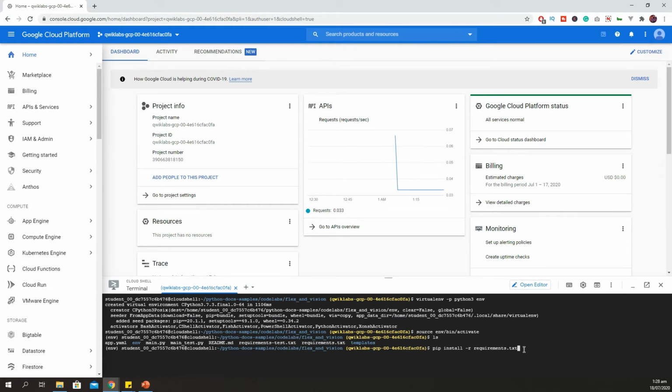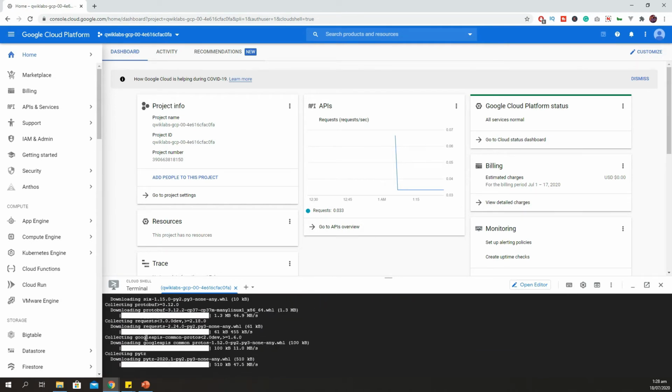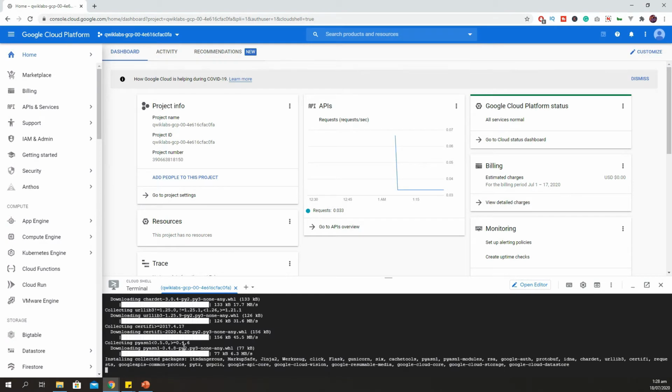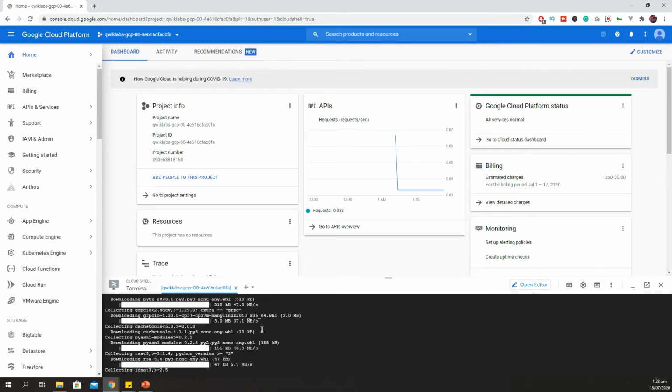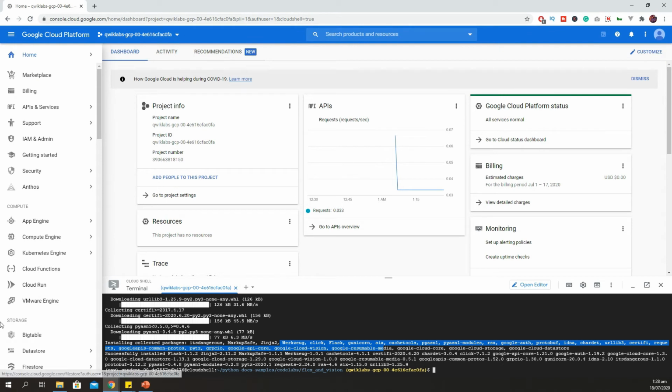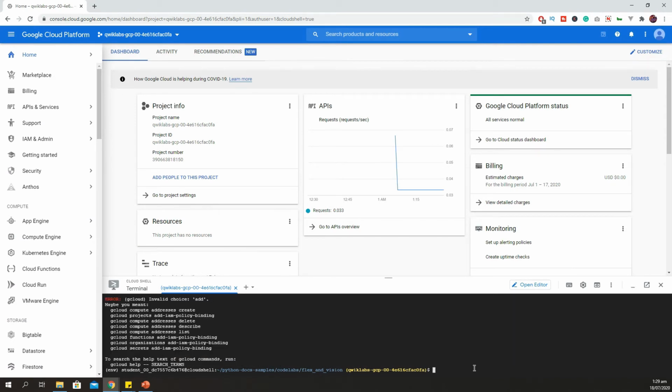I should mention again that this is a virtual isolated environment for this application. We are using Google Cloud Shell, where we have created an isolated environment to test this app locally before deploying it on server. Now we will create App Engine instance in our Google Cloud platform using Cloud Shell.